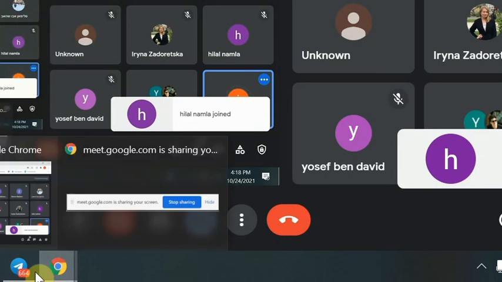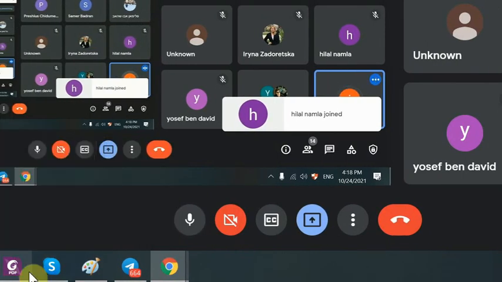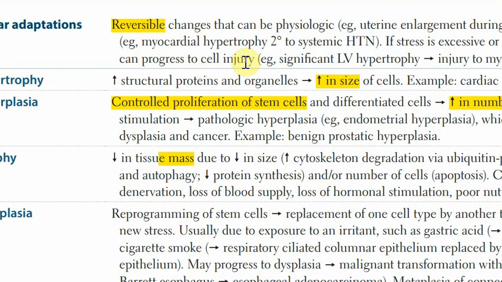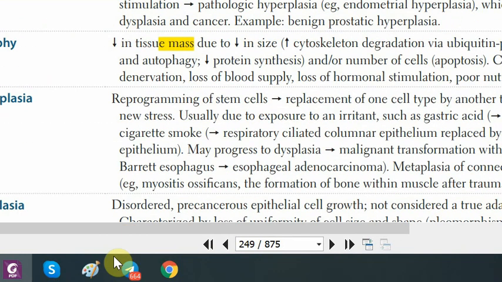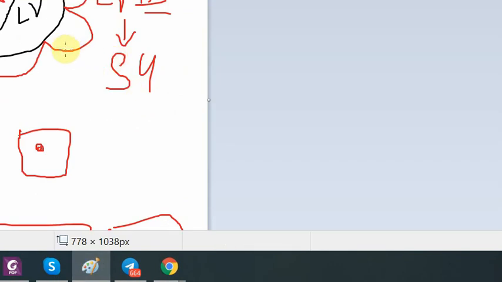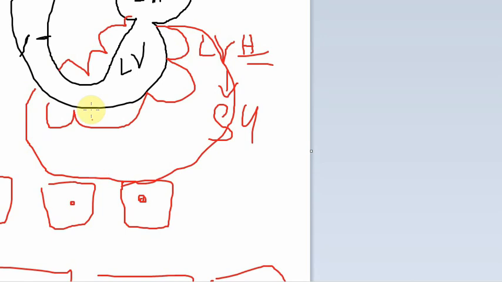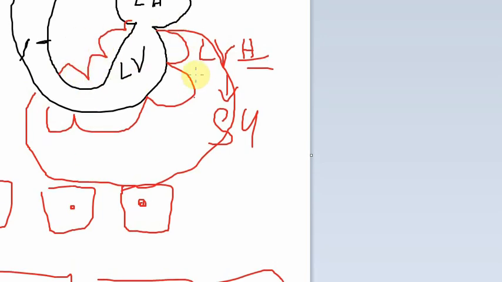Okay. So moving on, we have to go back to our cellular adaptation. So if the stress is excessive or persistent, adaptation can progress to cellular injury, which means, okay, our heart enlarges, so what's the big deal? Well, he will keep enlarging. Okay, let him enlarge. Well, he enlarged to a point that you will not have enough oxygenation to your myocardium, the muscles of your heart. If this happens, you will have